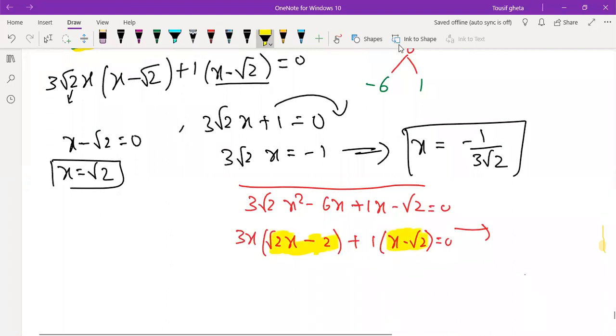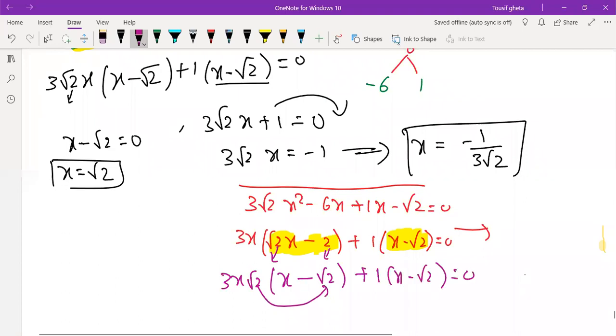And then you are telling something else to take common. That is okay, so this is 3x. But you can see here root 2 and here 2, I can take root 2 common again. Okay, an extra step, and I'm making you understand. I can take root 2 common. Remaining will be x. In root 2 table, 2 will come again root 2, right? Because root 2 into 2, we get 2. So now you can see, we got the answer.